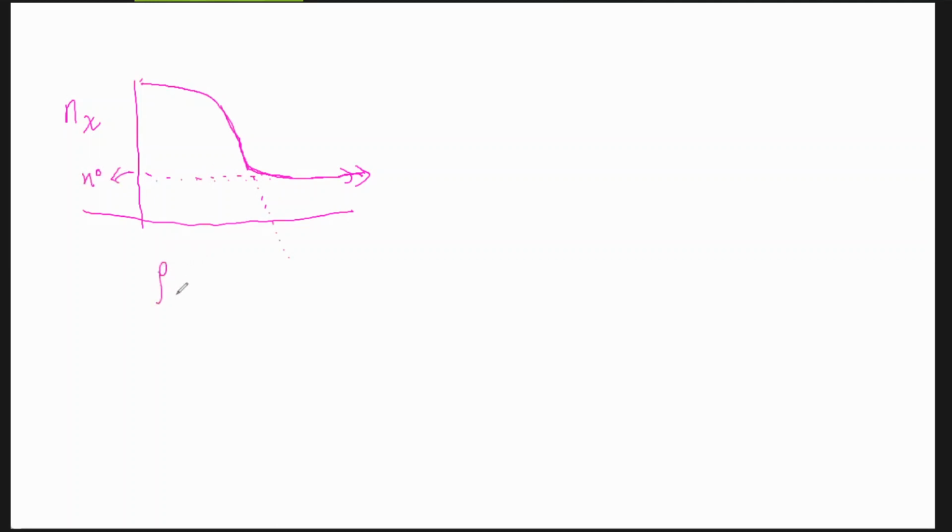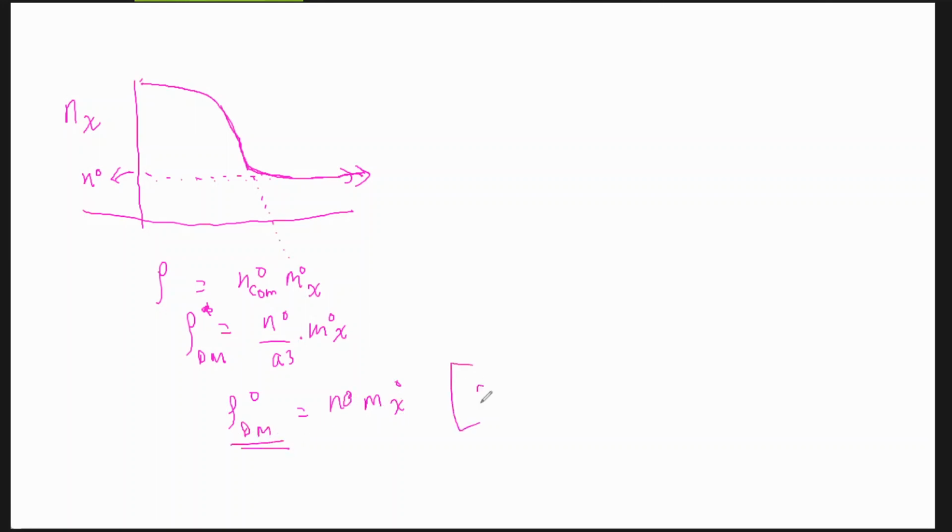So the dark matter density will be n naught times m chi, and n naught is nothing but the co-moving density. So it will be n naught by a cube times m chi. You can call it m chi naught, some constant. So rho dark matter goes like n naught m chi naught by a cube, and today a is 1, so it is n naught times m chi naught. And this thing we can exactly calculate